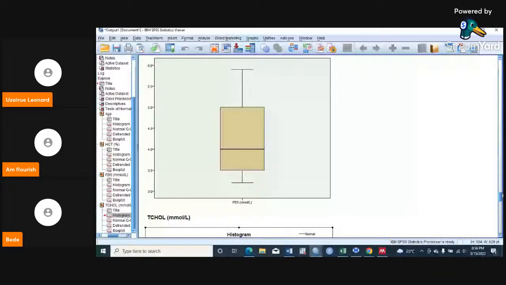Since it's not normally distributed, the statistic you are supposed to run is the non-parametric test, like the Mann-Whitney test, Kruskal-Wallis test, and all other tests that we'll see in non-parametric analysis. But for the sake of this training, we are going to assume that the data set is normally distributed,